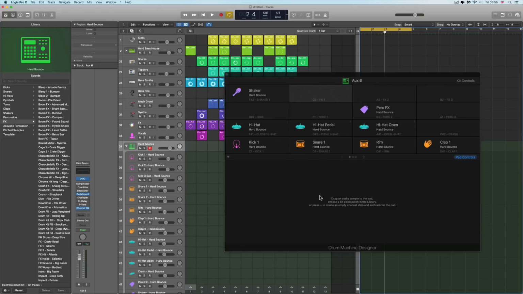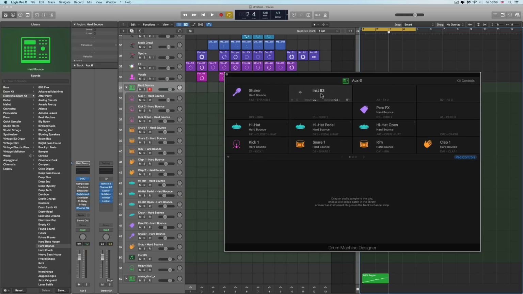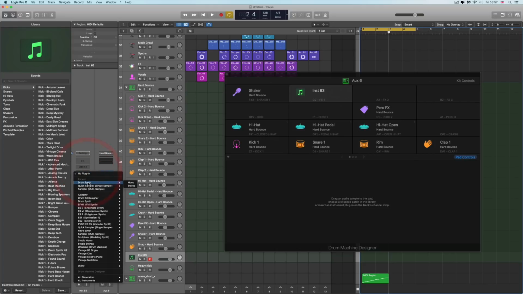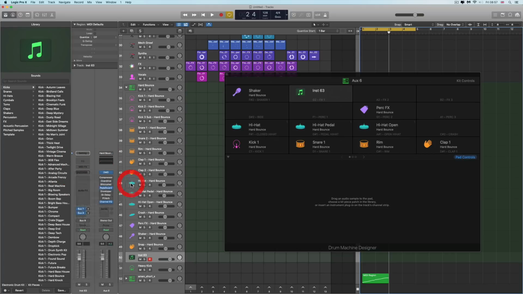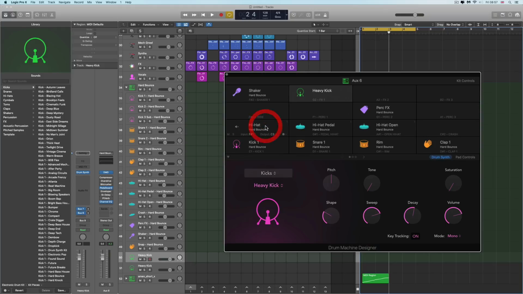I can do this. I have to create a track for it first with the plus. Right, I've created a track for it now, and it's been given a title, Instrument 63. There's its newly created track and channel. And on the channel for that track, for this newly initiated pad, on the instrument slot, I put the drum synth in mono or stereo. And now a pad has a drum synth,